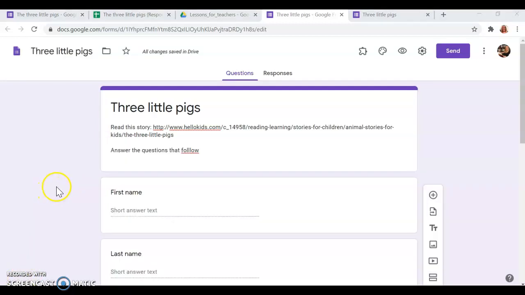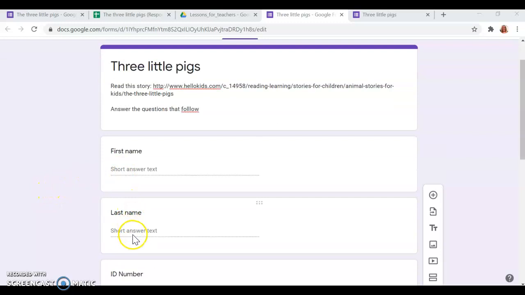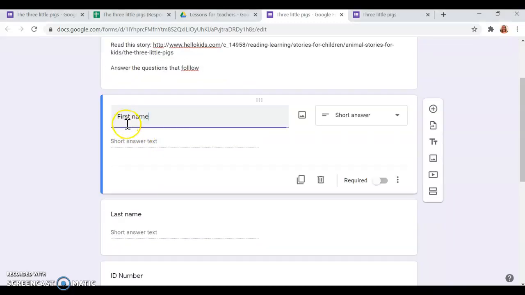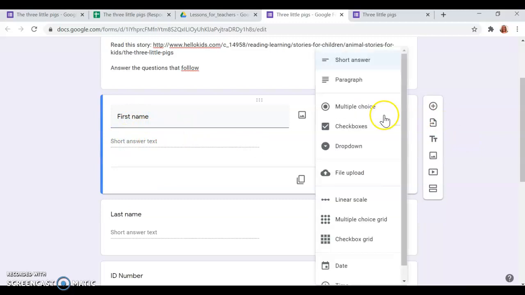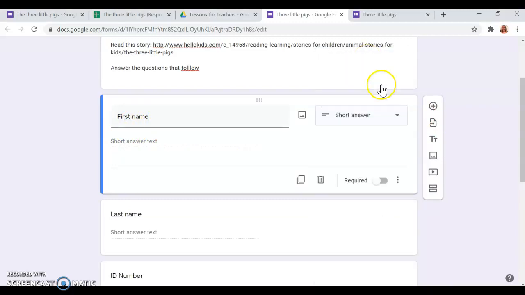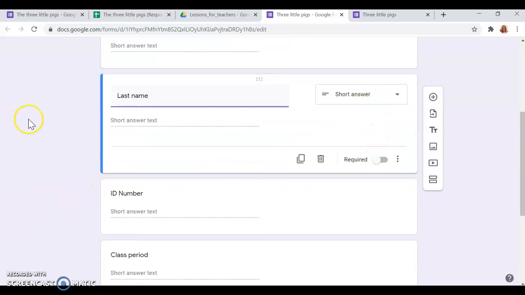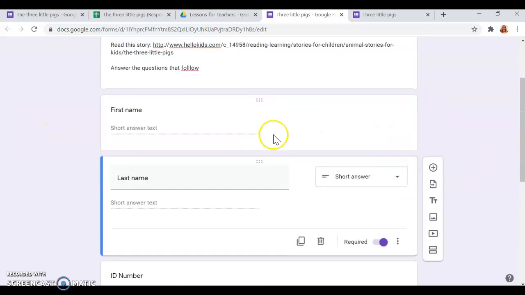I've gone through and written some questions. First name and last name I always like to ask, even if it collects that, because later when I'm sorting through my information, this actually makes it easier to sort. When you write a first name, last name kind of question, it defaults to short answer, which is perfect. You also have the option to require this, make it so that they cannot submit the form without telling you